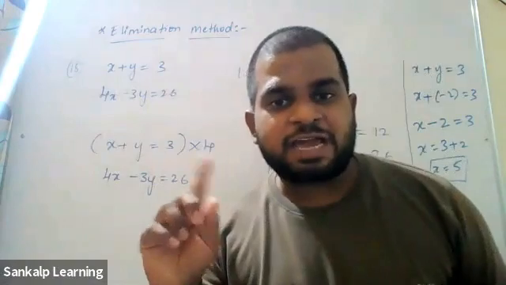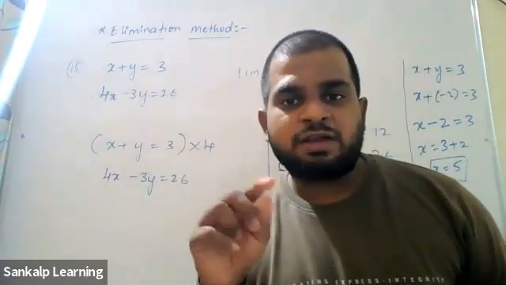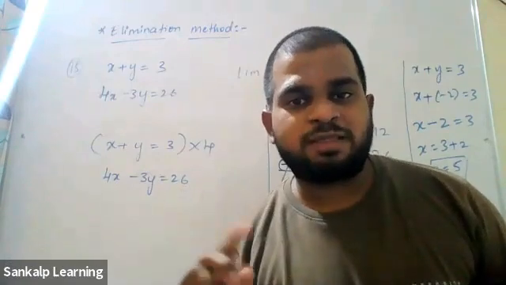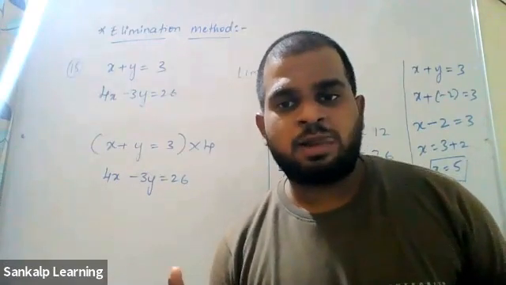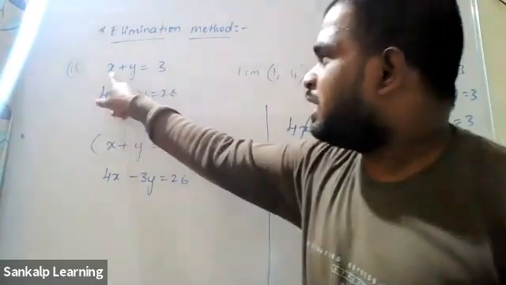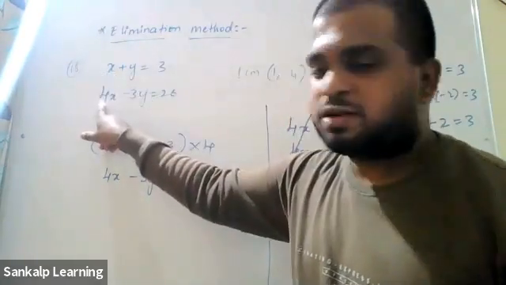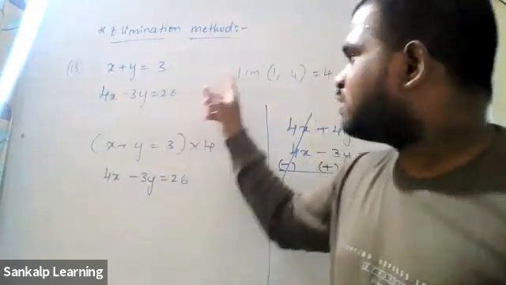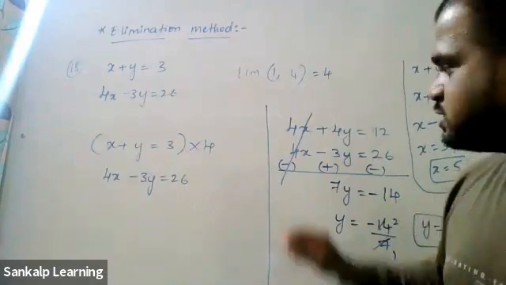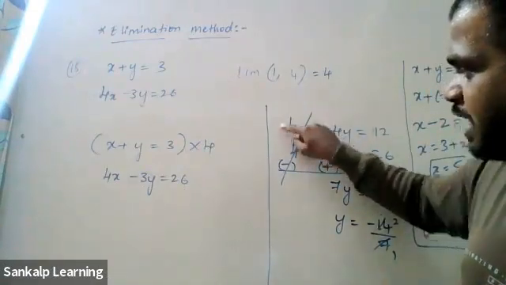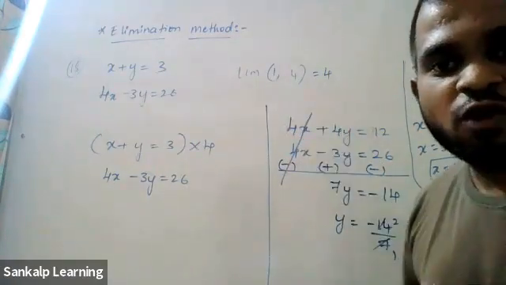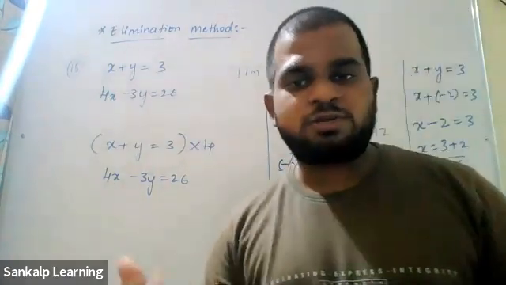Do you remember in fractions, if the denominators are not the same, what will you do? How do you make the denominators the same? Using LCM, right? Same concept. Here the x coefficient is 1, here the x coefficient is 4. They are different, so take the LCM and make them the same. Okay, I've made them the same. A very important step is, if both the numbers have got the same sign, plus and plus, then change the sign. If both the numbers have got different signs, don't do anything, proceed further.